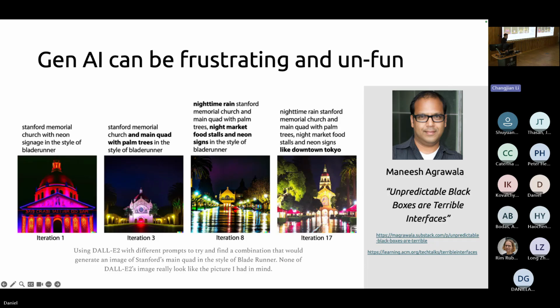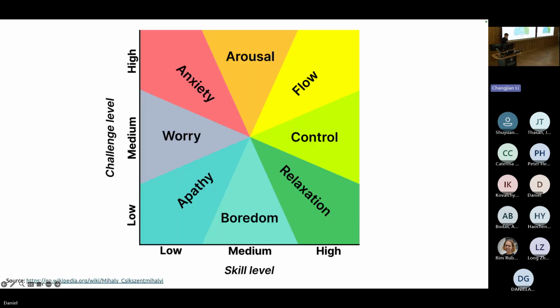So in thinking about how to do better than this, there's a couple of frameworks that I think are useful, both of which are kind of borrowed from cognitive psychology. The first one, this diagram, comes from Mihai Csikszentmihalyi's theory of flow, which I think probably everybody has heard about, the concept of being in the state of flow. It's sort of like popular science, but there actually is some research behind it. He has this diagram of when a person is doing something, where their emotional experience of that thing, based on their skill level and on how difficult that thing is to do, what their emotional state will be.